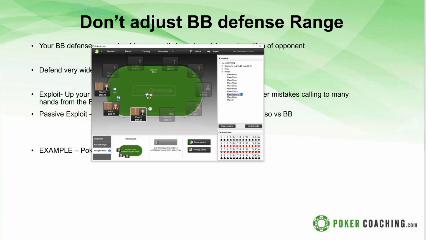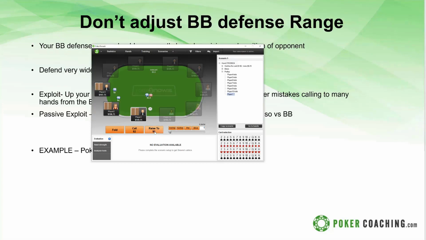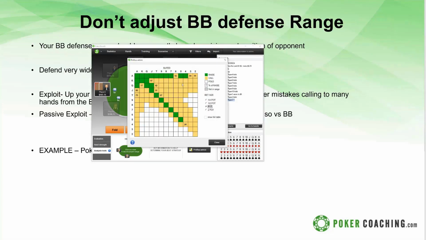Let's go to versus a 3x. So it was defending almost any 2 cards before. Now let's go to the 3x, and it's definitely tightened up a lot, and it starts 3-betting a lot more. It starts 3-betting more because you're getting a worse price pre-flop, and there's more money in the pot to take down. That's why you start seeing more linear 3-betting, and you start to fold the offsuit junkier hands. So against the min raise on the button, you can defend almost all this offsuit junk, but against the 3x, you fold a ton of it.